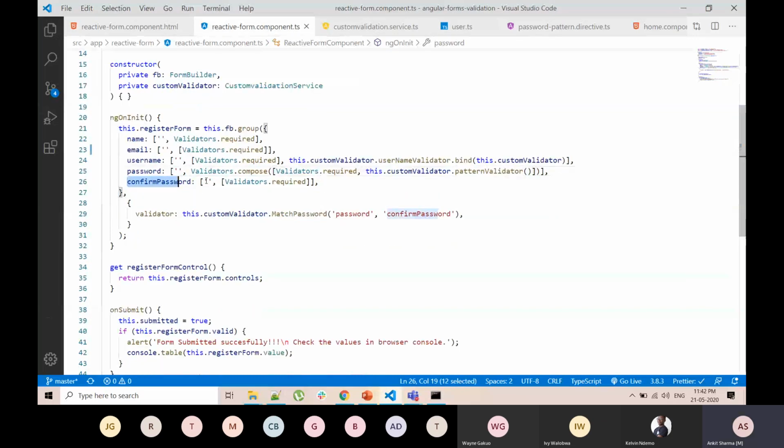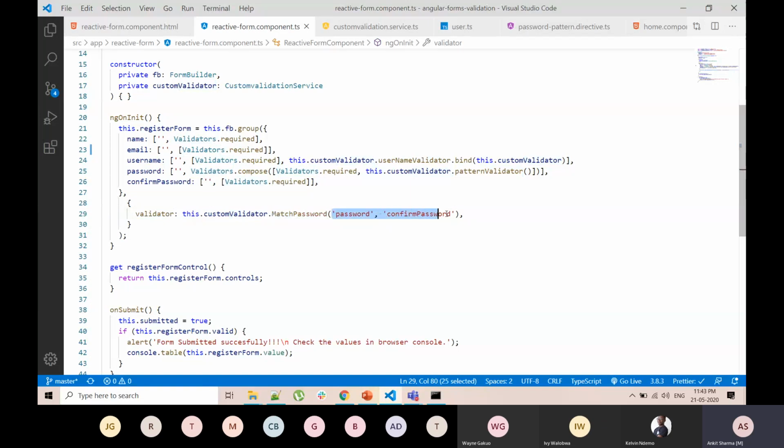Then we have a confirm password field. In case of confirm password, it just shows the required validator. Now the question is, we have to match the password from the password field and the confirm password field. For that, I have set an extra validator here, and I am calling the match password method, which I have defined in the custom validator function.